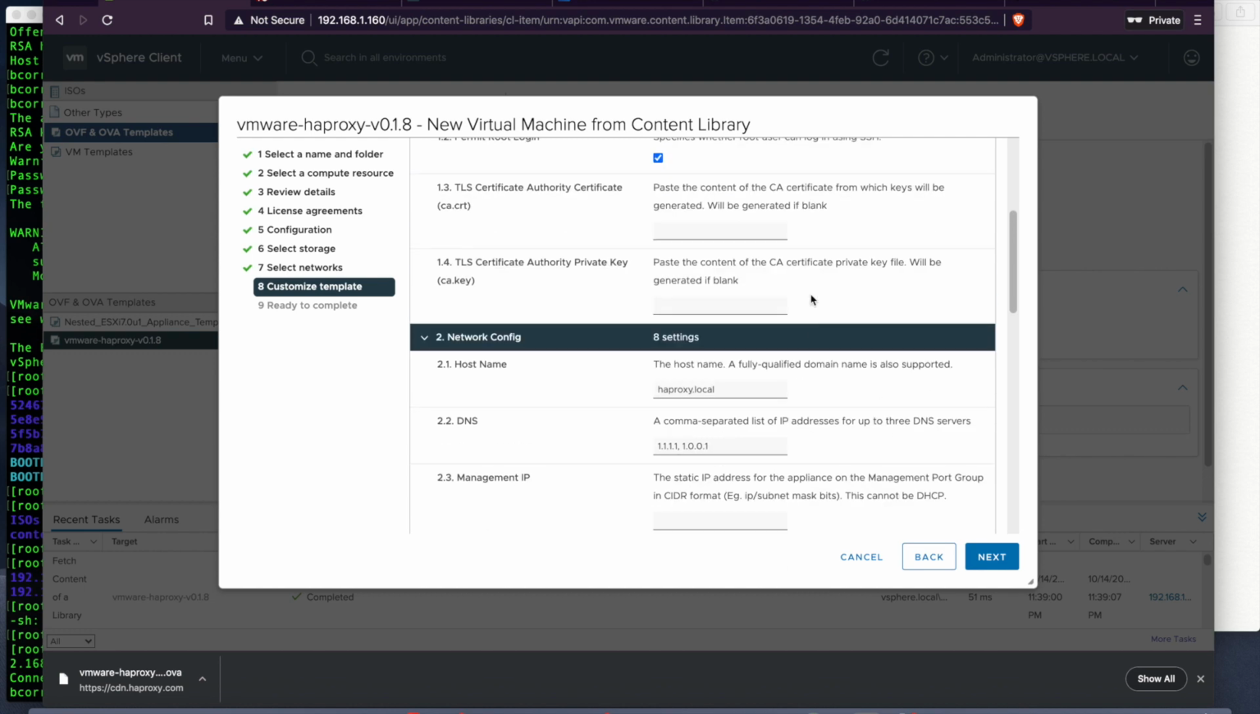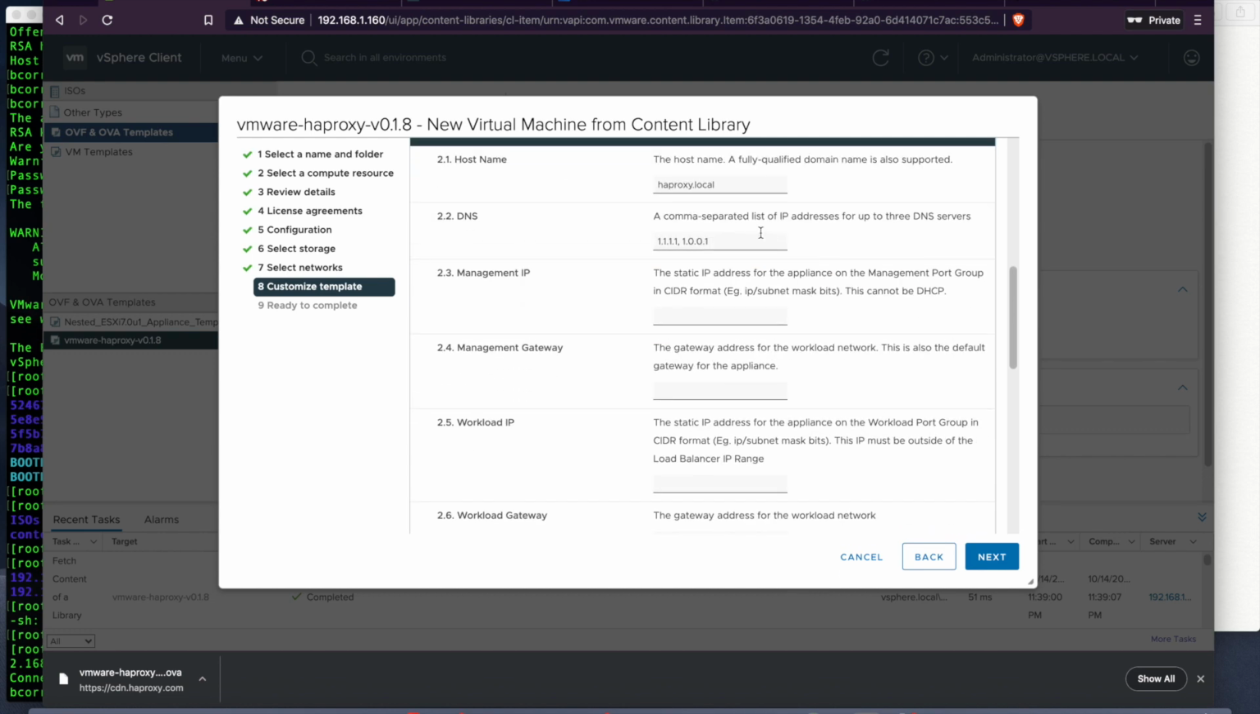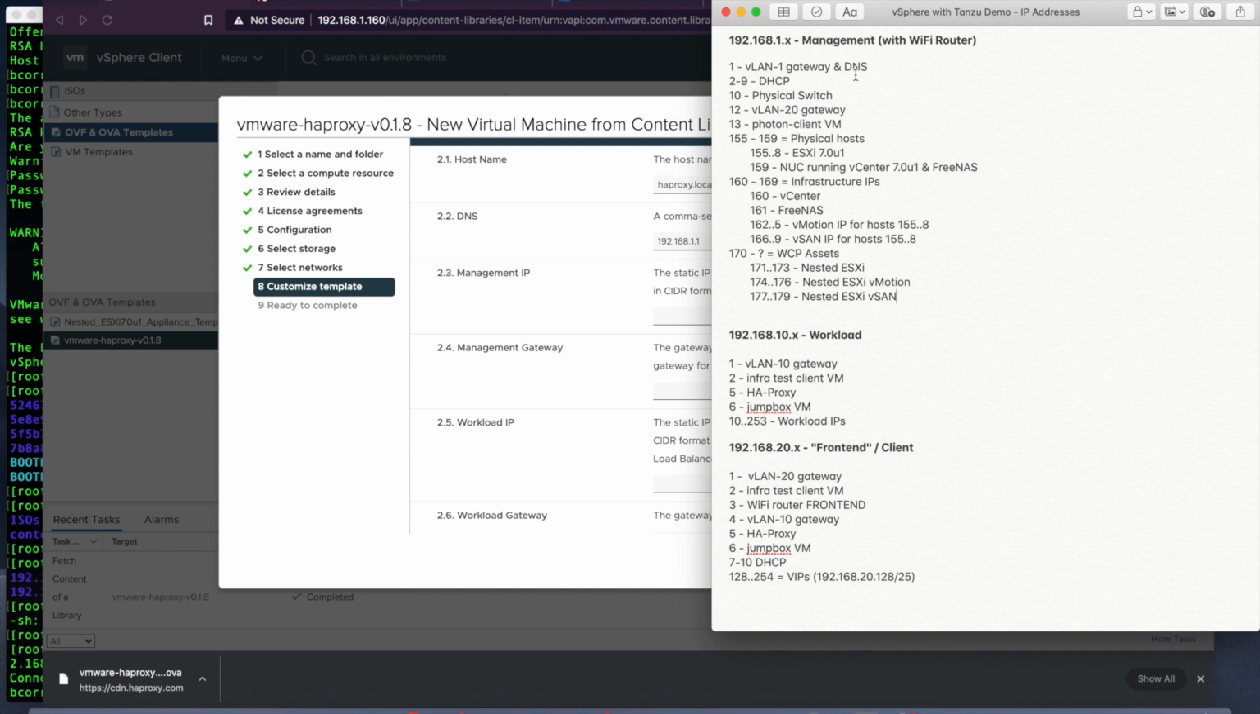So that's good. We've done that. Hostname I'm going to leave as the default. The DNS is 192.168.1.1, which is what all my networks route to. Okay, so this is now the important part, management IP. So this is the IP this appliance will have on the network that we've selected for the HAProxy management portal. So that means it's going to need to be an IP on this network, and I'm going to pick